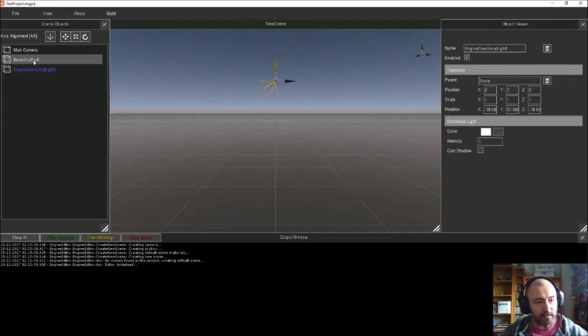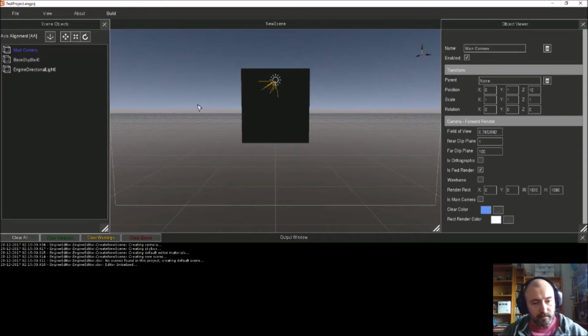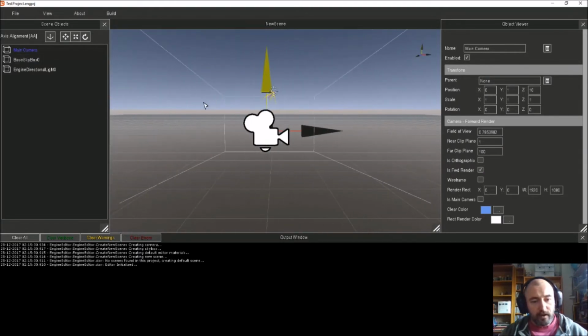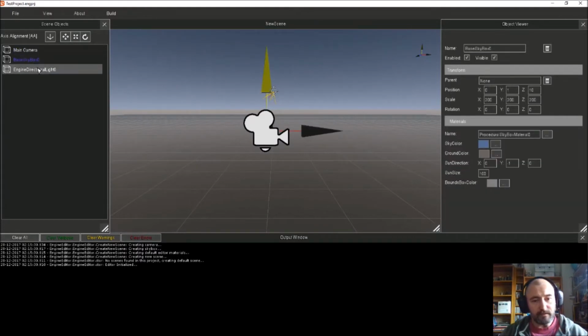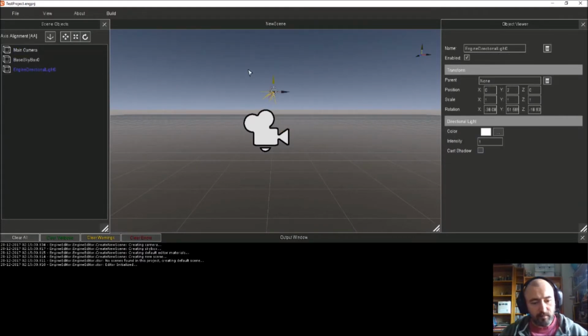So if I select them, yes, that's the camera because we're close up. Yes, you can see and pick all the elements in the scene. So this is effectively a completely clean new scene. So the editor's based off